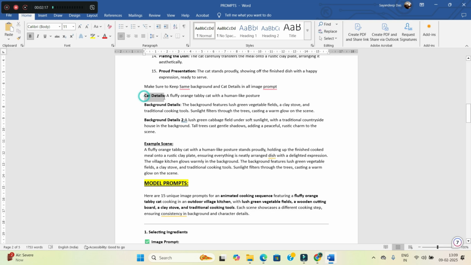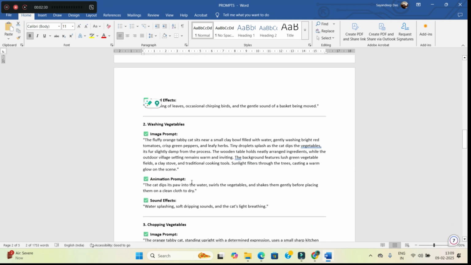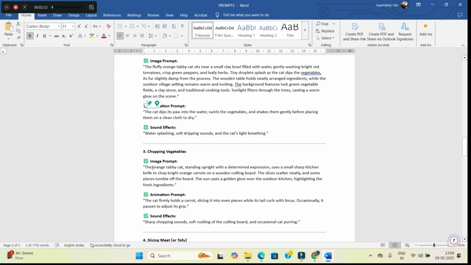It can be the cat's detail, the dog's detail, or any animal or bird's detail that you are using as a subject. In some of the prompts you can find that one of them will be missing, like the orange tabby cat is there but the background is missing.